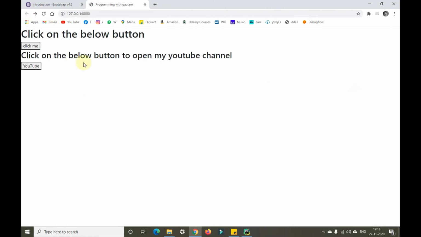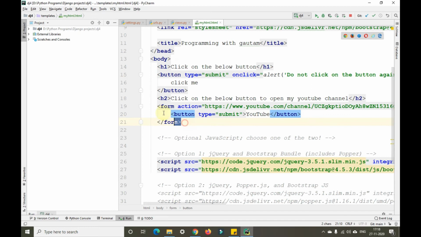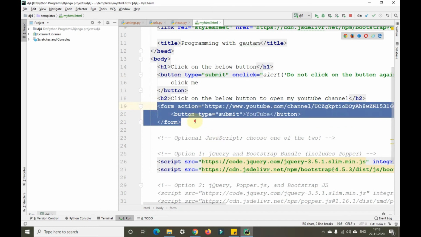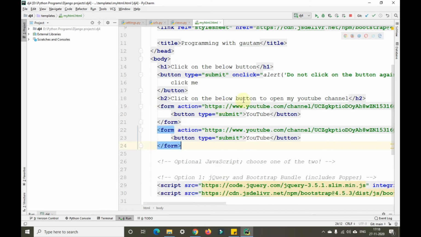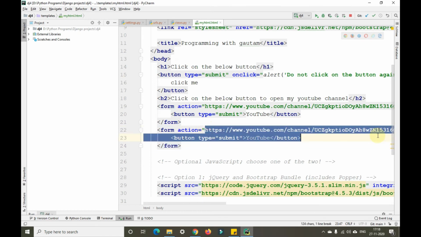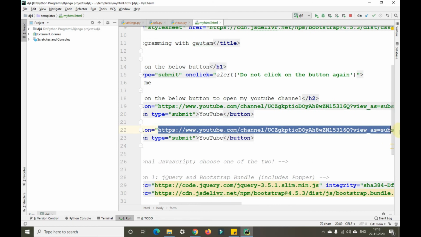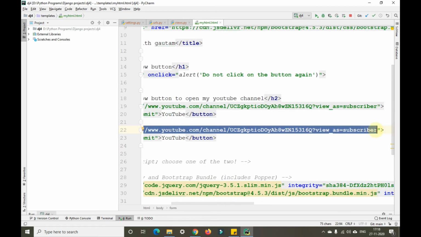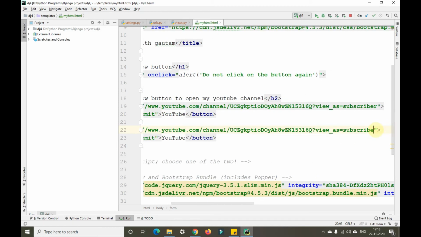Okay. Similarly, we can also give it to my GitHub profile, github.com/kgautham1995.